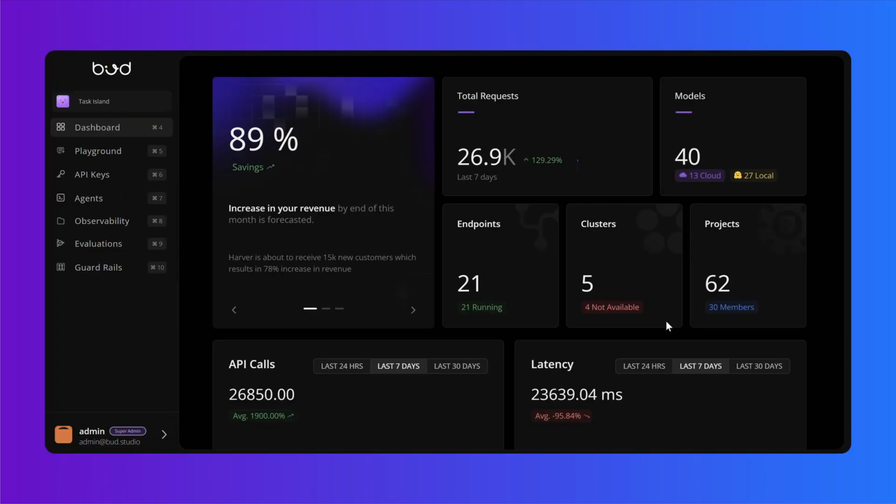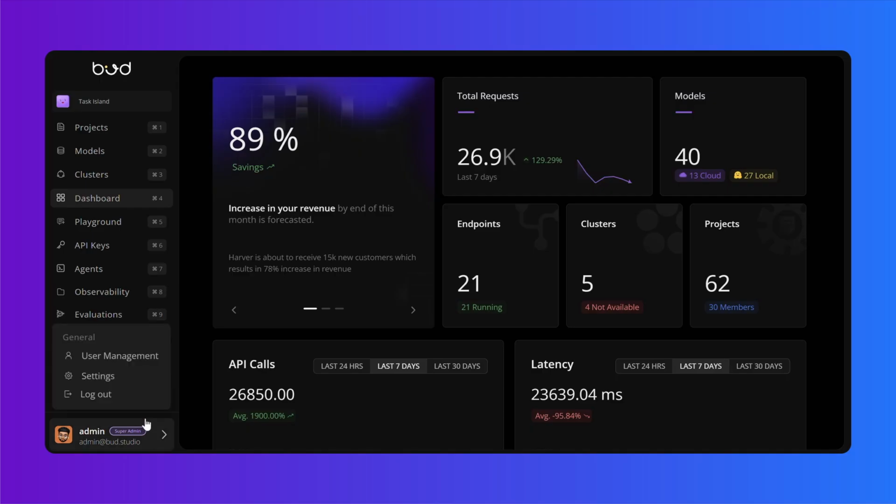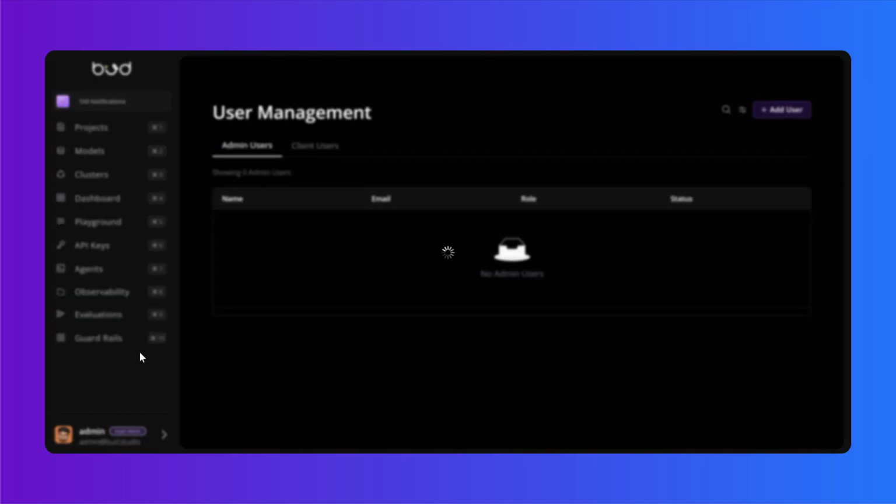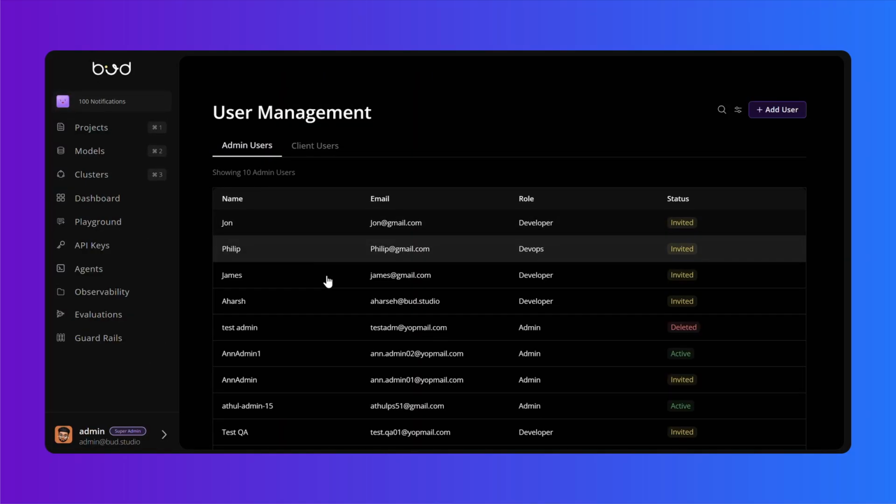First, log into your AI Foundry dashboard. From here, click on your profile and navigate to the User Management module. Currently, I'm logged in as a super admin, so I can manage different roles, permissions, and access policies across the